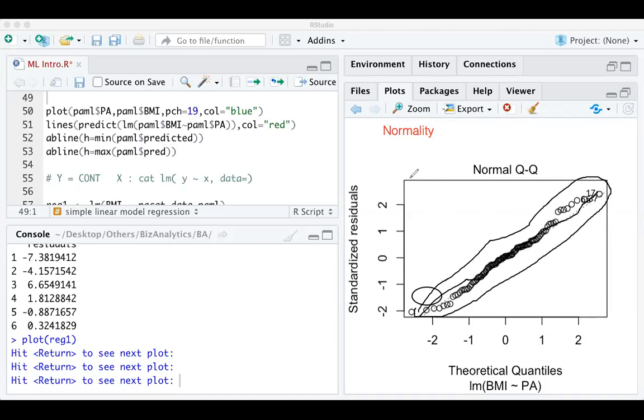So from these things we understood another assumption: whatever you are doing, the residual should be normally distributed. So that is what we are getting here, right? The second assumption is also met, right? So if you want, I'll take a screenshot of this, and then we can remove this. So what I'll do now, I'll just go and erase this.